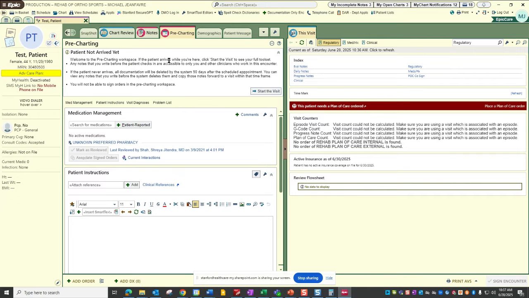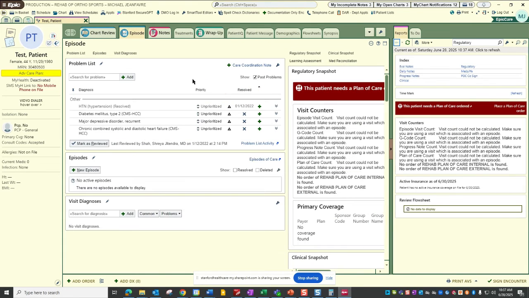So when you double click on a patient in the schedule, it's going to open you up to this screen. If they haven't arrived, typically we do some pre-charting. Then you'll get this tab, pre-charting. I almost always start the visit immediately, and with an initial workflow for the evaluation, we're going to need to